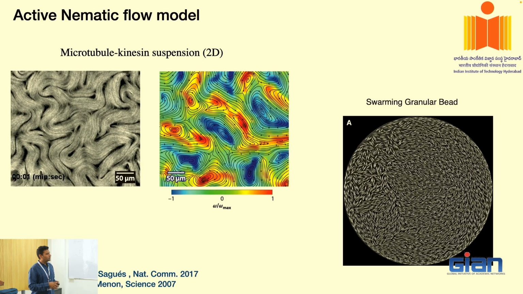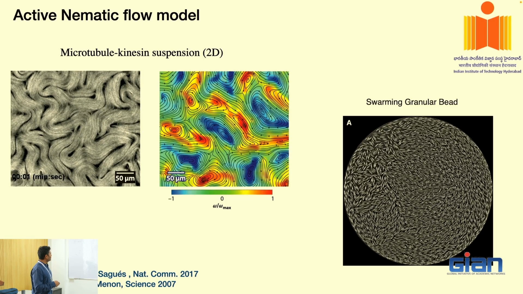That's how these rods are going to get activity. Now, this is a famous experiment done by the group of Sriram Ramaswamy, and what they find is that the rods start to show ordered structure. You can see that all these beads tend to align with each other, and again it is going to be a function of the density, the activity, and all such things. We are not going to get into detail, but you can see that there is going to be an ordering in the system. Also, the structures are much bigger than the individual agents, by which I mean the rods themselves. Okay.